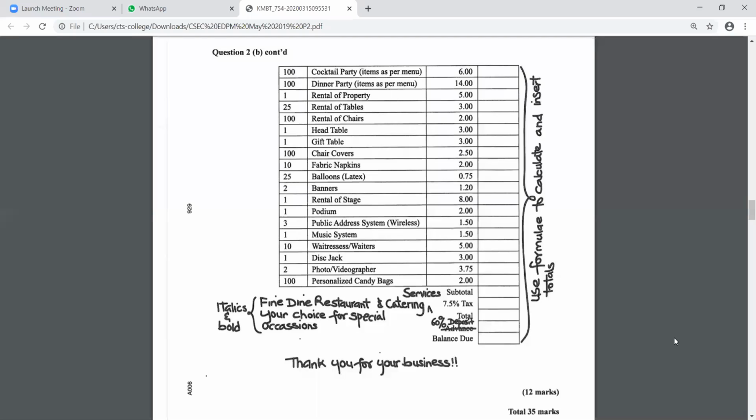So equal the 7.5% cell multiplied by the cell address that represents the subtotal, and you'll get the same answer either way. Do we understand that? Either you put the 7.5% in a cell and reference it, or manually type it in within the formula itself. Either way, it will give you the same answer.